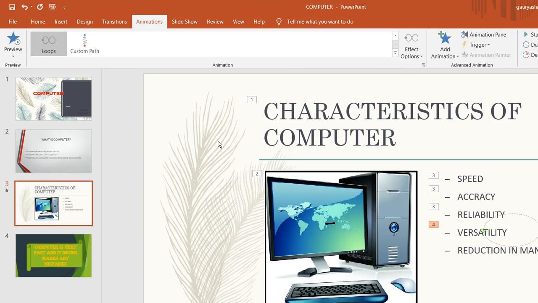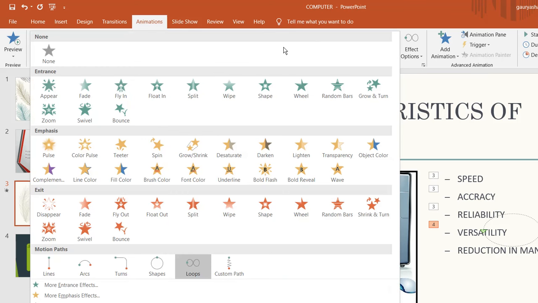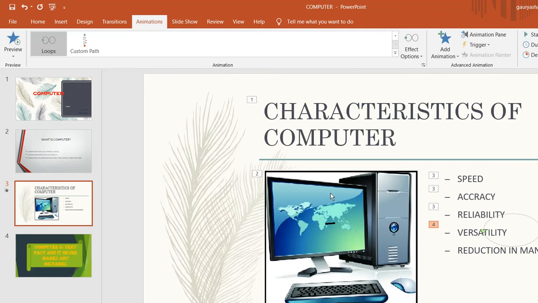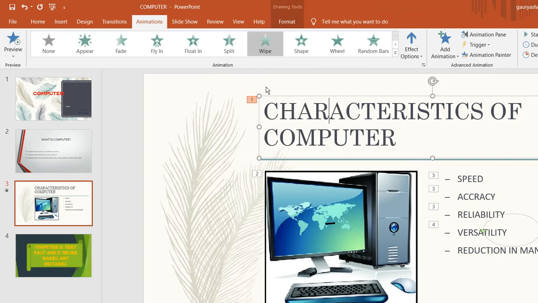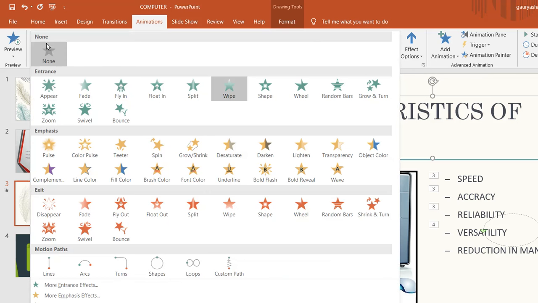So in this class we have learned how to apply the different types of animation. If I want to remove the animation, I have to click on none, but at first I have to select that object on which I want to remove the animation. So if I want to remove the animation on the title, I have to just select the title and then click on none.